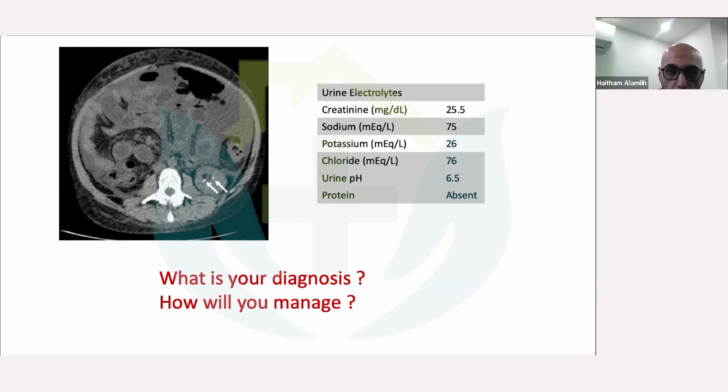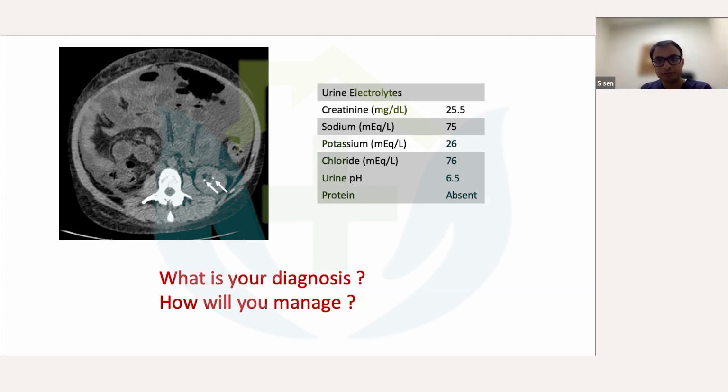First, the diagnosis. So it's RTA type 1, as this patient has a stone in the kidneys. I've marked it also. She has a kidney stone and also normal anion gap metabolic acidosis, and the urine pH is 6.5. So maybe this patient has RTA type 1, renal tubular acidosis type 1. Management would be with bicarbonate and good hydration for sure.